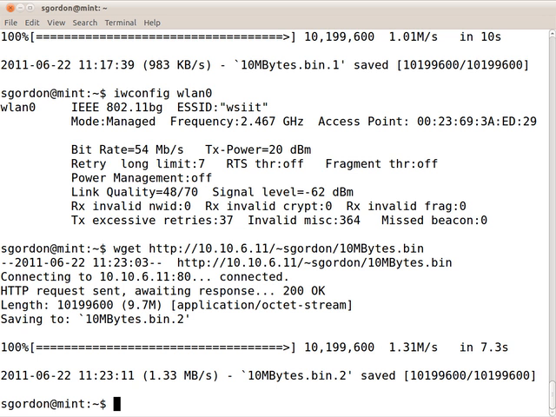10 by 10 to the 6. This is bits divided by bits per second. Now remember, be careful with the units when you're dividing different quantities. One way to make sure what the resulting units will be is to divide the units. Bits divided by bits per second is